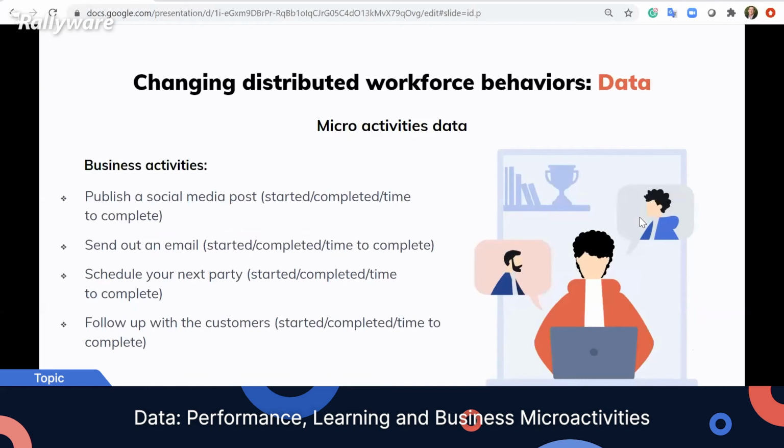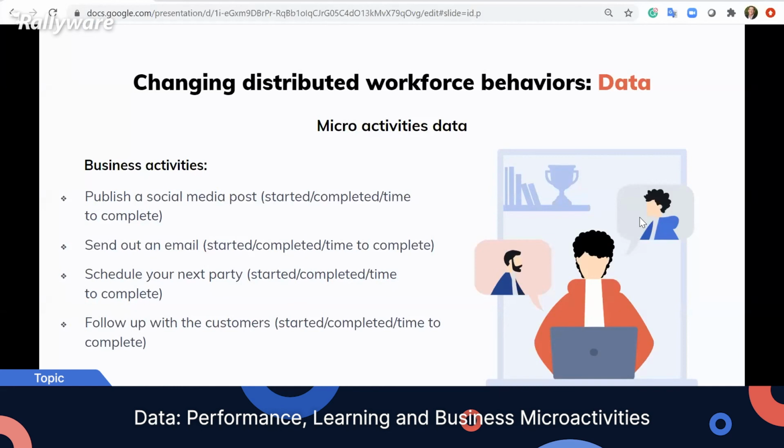For example, publishing a social media post, or maybe sending an email or a text message and getting the information that's there. There's a lot of vendors out there that can really help with this type of information, getting this data, and then bringing it all together. Of course, that's a lot of what Rallyware does, but there's a lot of companies out there that can help gather this data and help produce this data if that's something that maybe you're lacking at that time.